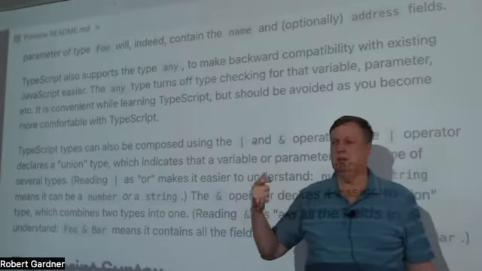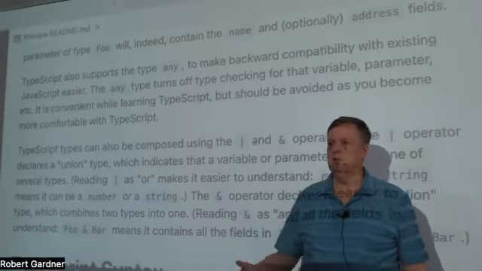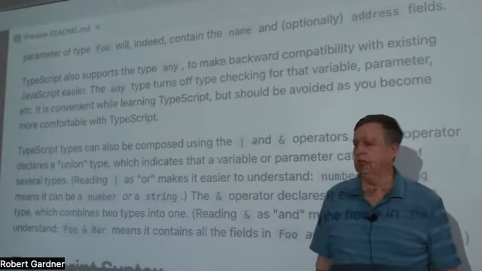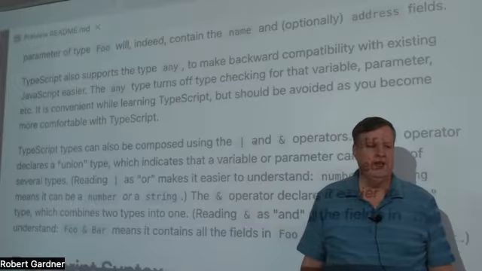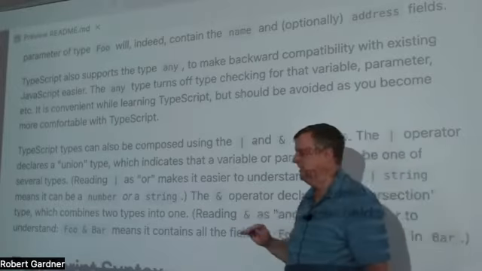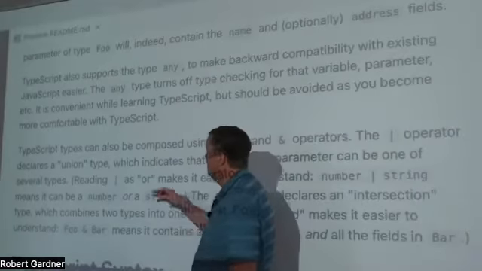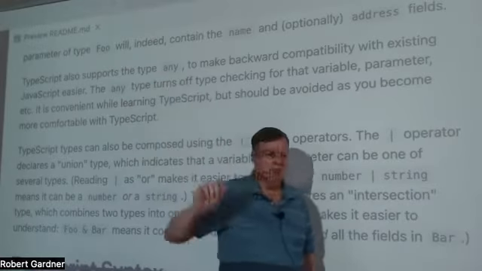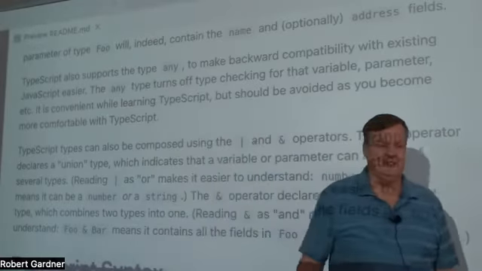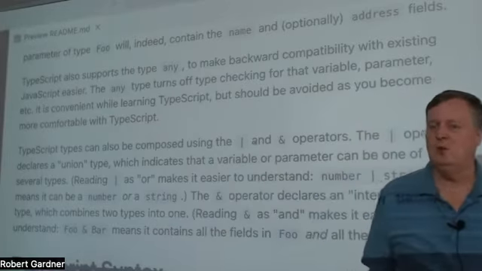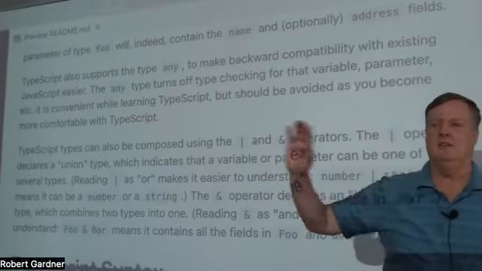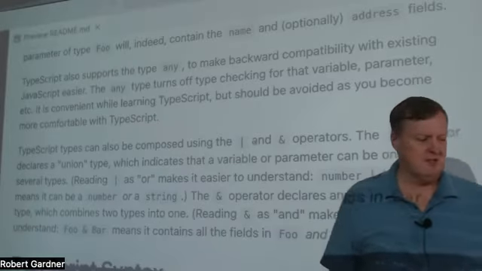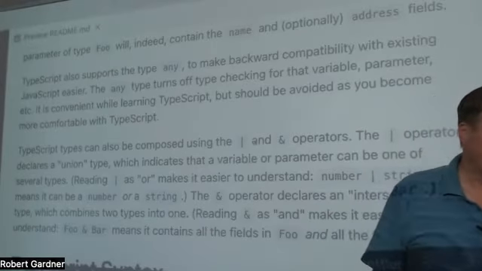And you can start adding types to your stuff slowly as you go, wherever you feel like the biggest need for it is. But one thing they had to do in order to make that possible is they introduced a type called any. And so you just say, this is type any. And what that says is, I don't know what type it is. I don't care. And TypeScript will refuse to do any type checking on that if it's of type any.